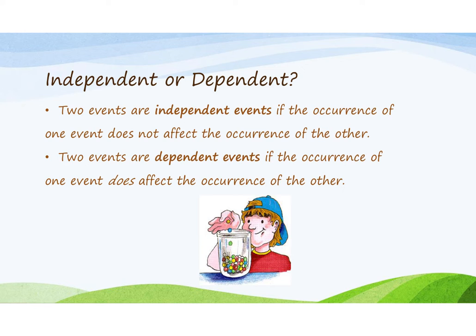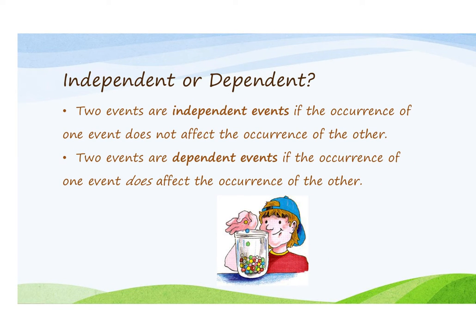Okay, so two events are independent if the occurrence of one event does not affect the occurrence of the other, okay? Please underline not, okay? They do not affect one another. They're completely independent. An example of independent events would be flipping a coin